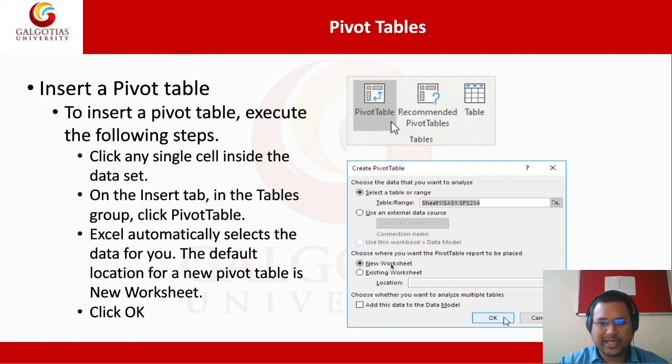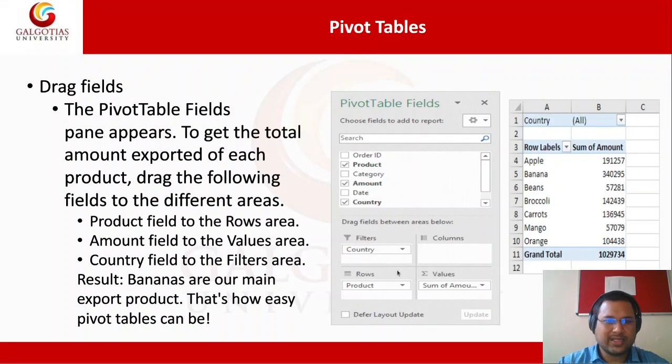You can either use a new worksheet, or in the existing worksheet only you can generate the pivot table. There are two ways, and you can use one of them, but most of the time we use a new worksheet because we don't want to do anything with our original data set.